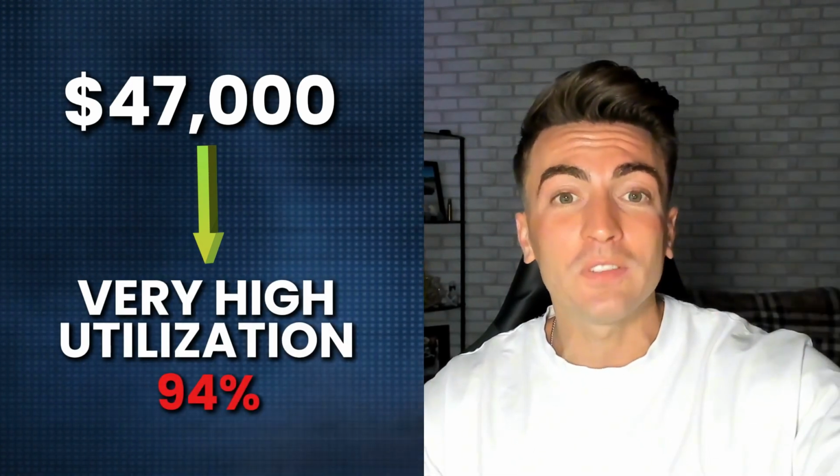The credit limit isn't the end-all be-all, because it could always increase in the future, but hopefully that's a good starting point for an authorized user guide. And I almost forgot, the balance should ideally be very low. So let's say they have a $50,000 credit limit. You don't want their balance to be $47,000, because that's going to show a very high utilization, 94%, on your credit profile. You want someone who's spending a very small amount of their credit line comparative to their overall credit